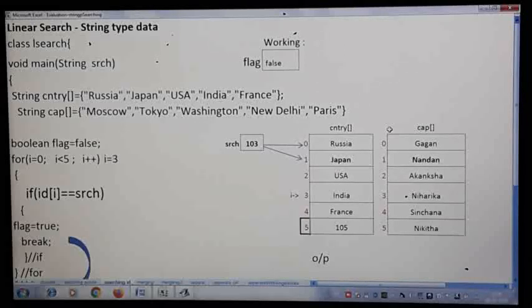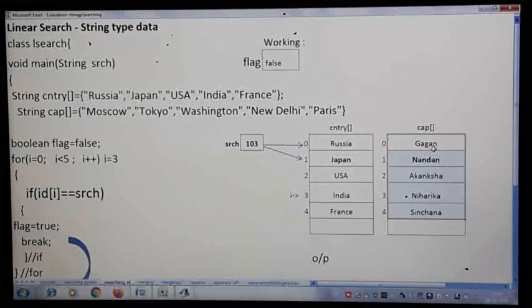There are 5 elements, 0 to 4. The last example we had taken was for 6 elements, but here only 5 elements I have taken today. Russia, and the corresponding country capitals are stored in another array.